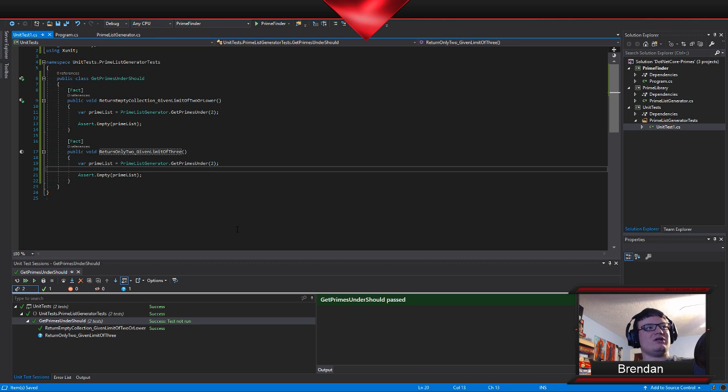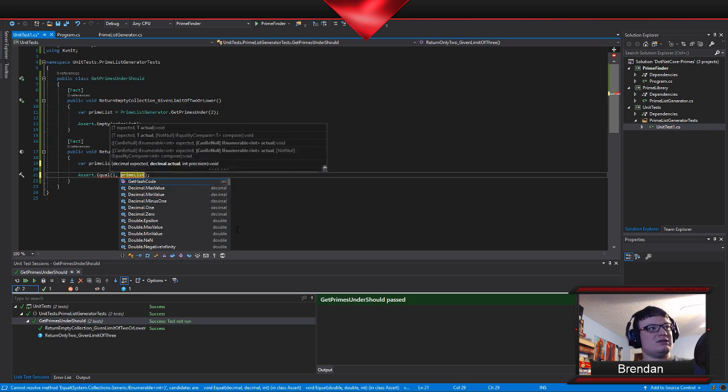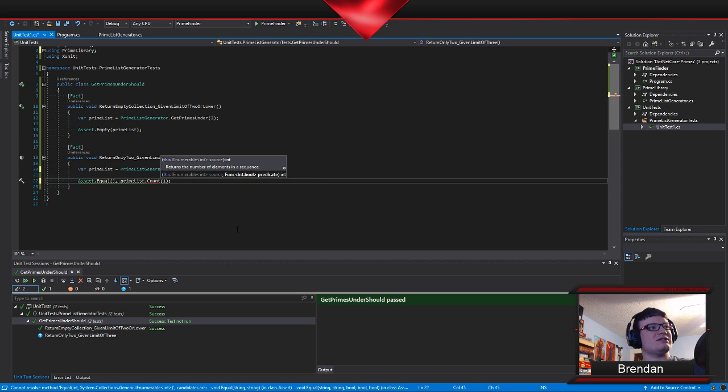I want to confirm that when I pass in the number 3, the collection contains only one item. I am expecting 1, and I want to do the count of this.